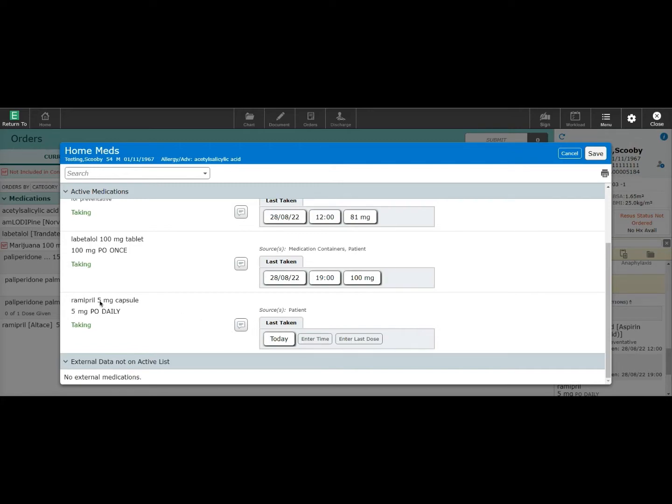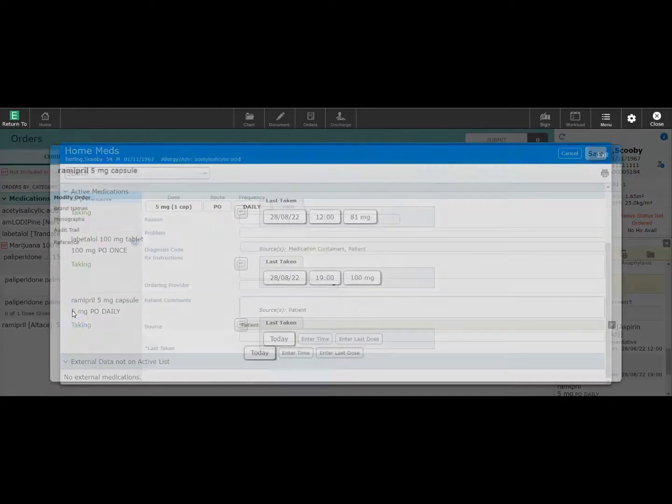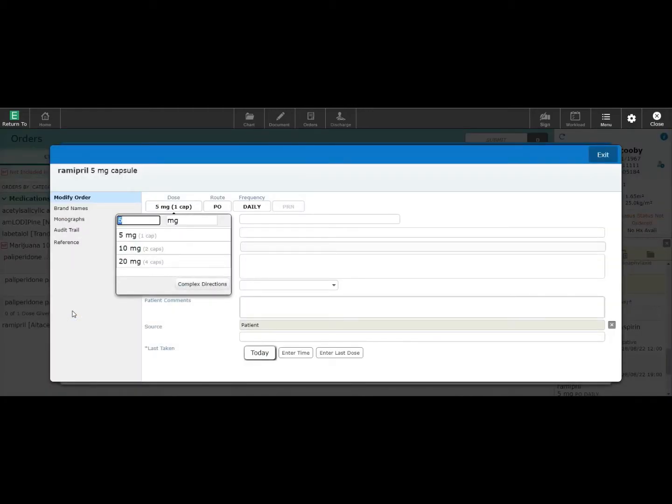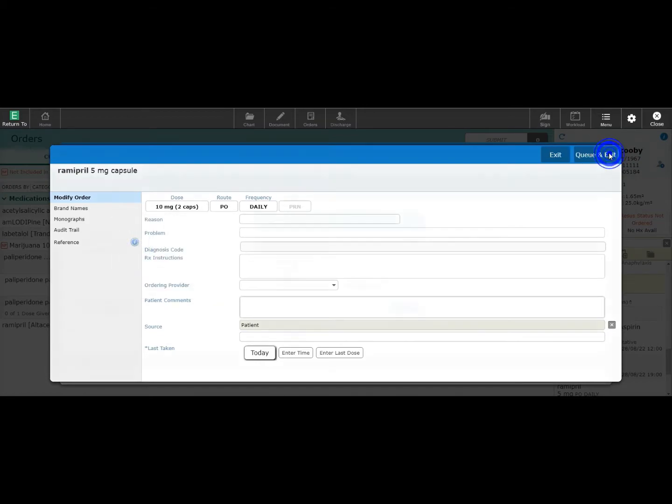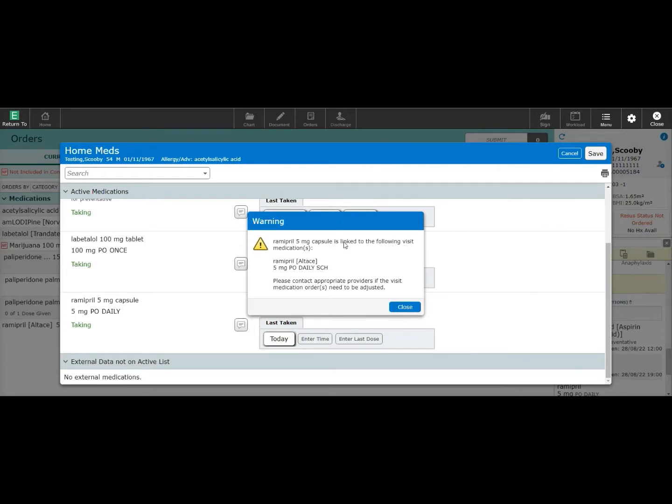If I select here Ramipril 5 milligrams, which is what was on the initial best possible medication history that was reconciled, and I change that to 10 milligrams and save, you will see that this warning comes up. It tells the user that the medication was ordered at 5 milligrams, which was on the patient's initial medication reconciliation done on admission. Now that you've changed it due to updated information on the patient's home medication list, the provider needs to be notified to make this adjustment to the active medications